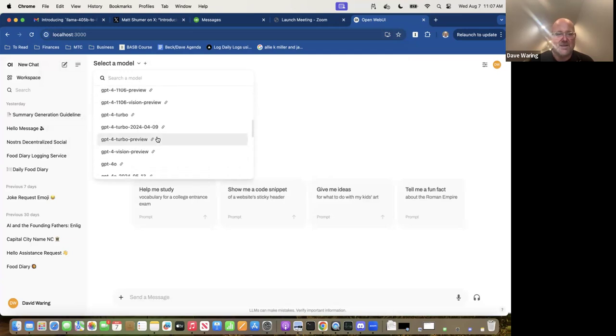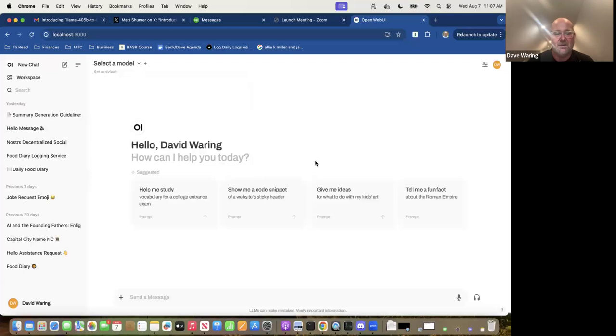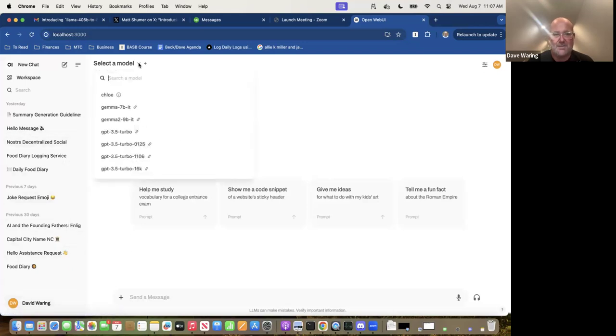My computer doesn't run anything besides Phi 3 locally very well that I've tried, even the Llama 7B, and obviously the 70B, or Llama 8B and Llama 70B. My computer's way too slow, and it freezes up when I try to run those models. But I was very easily able to integrate, it has a setting here